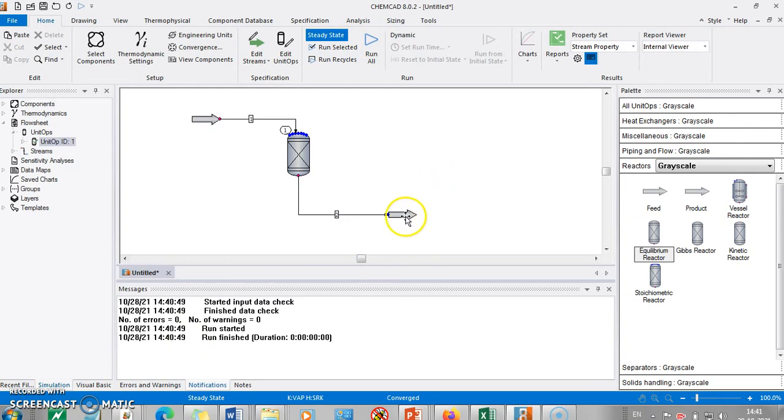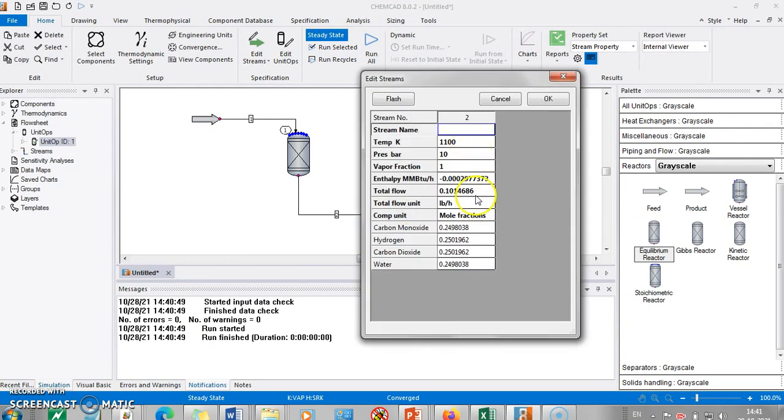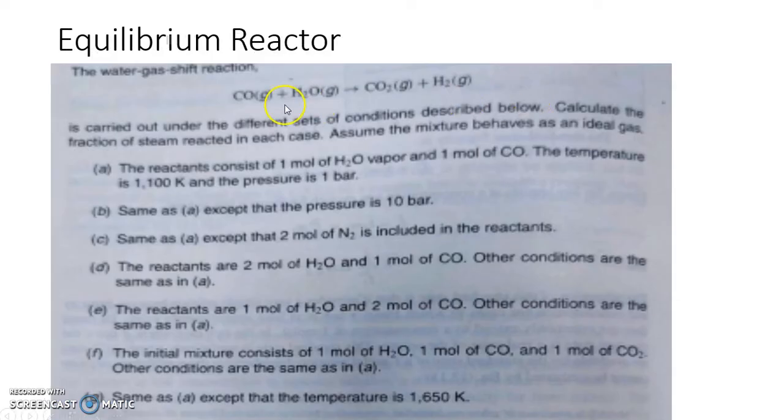After simulation, if we see, there is no difference. The reason is that the total number of moles changing is 0, and hence there is no impact of pressure. In the same way, you can add nitrogen as an inert, and you can see whether it impacts the final answer or not.